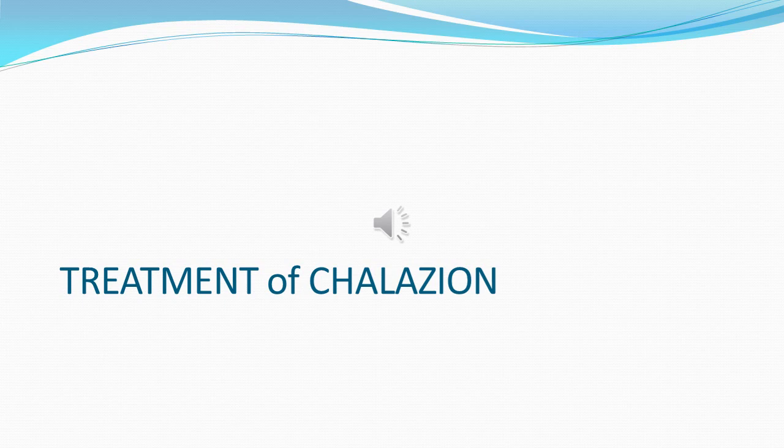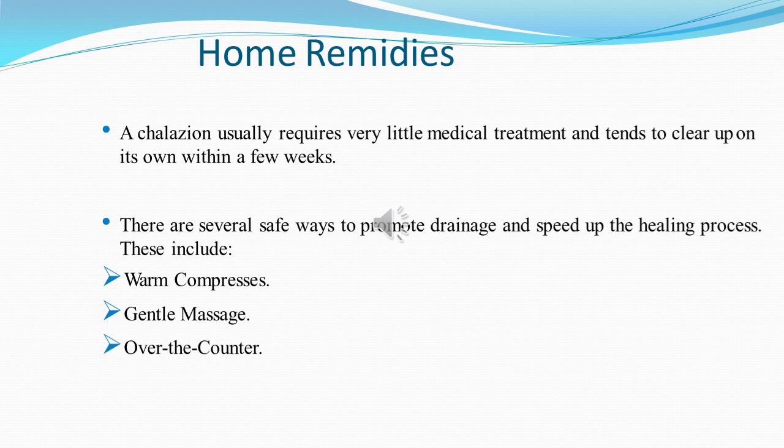The treatment of the chalazion includes various methods, that could be conservative methods and treatment of the provocative factors, and also treatment of the present lesion. The chalazion usually tends to recover by itself, because by history, whenever we examine the patient, they may say they had similar lesions about 3 months back, 6 months back, stayed for 15 days, 20 days, and slowly it resolved. It may be in the same site or in a different site of the eyelids, so it may resolve by itself without any treatment.